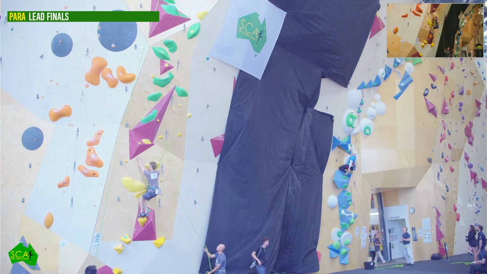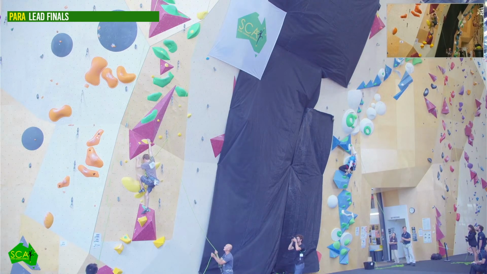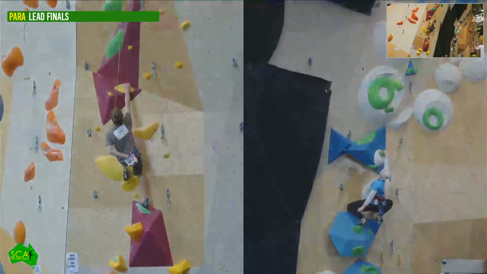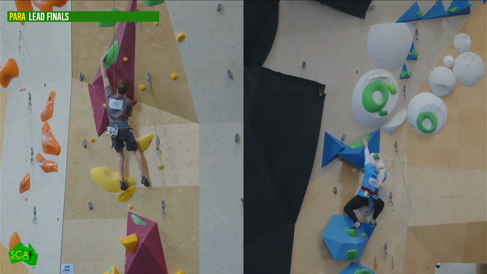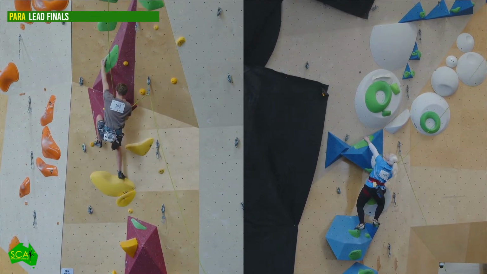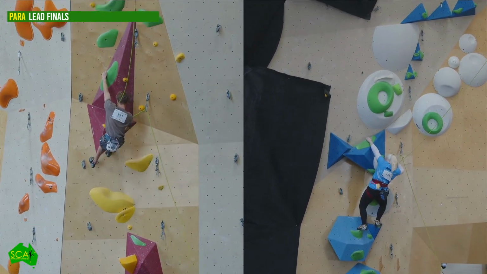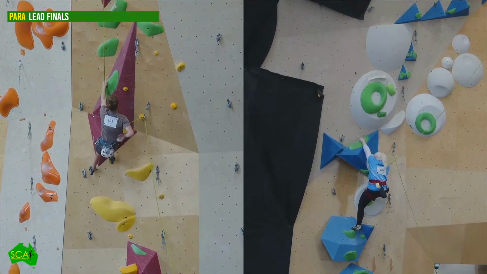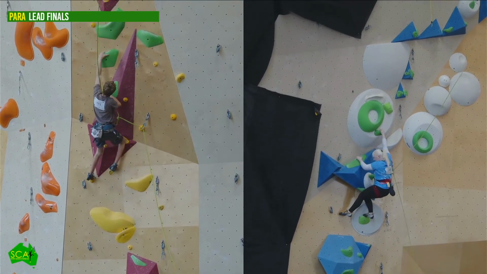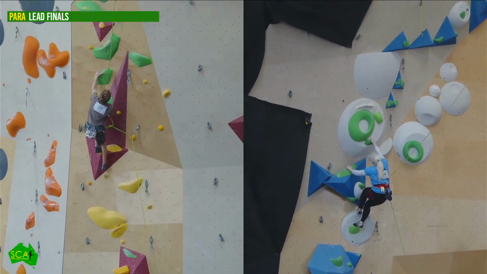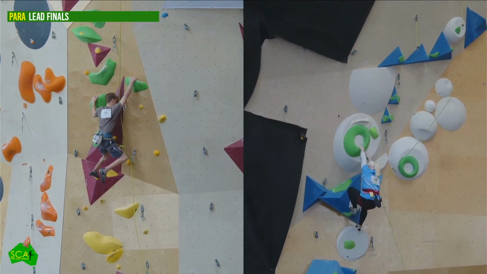So there it is. It's always great to understand and see what's going on for the competitors. But we've got Sophie on the wall over here, on the right hand side now. Just taking the time there, just getting through this. This is definitely the tricky crux area, like switching to these dishes.